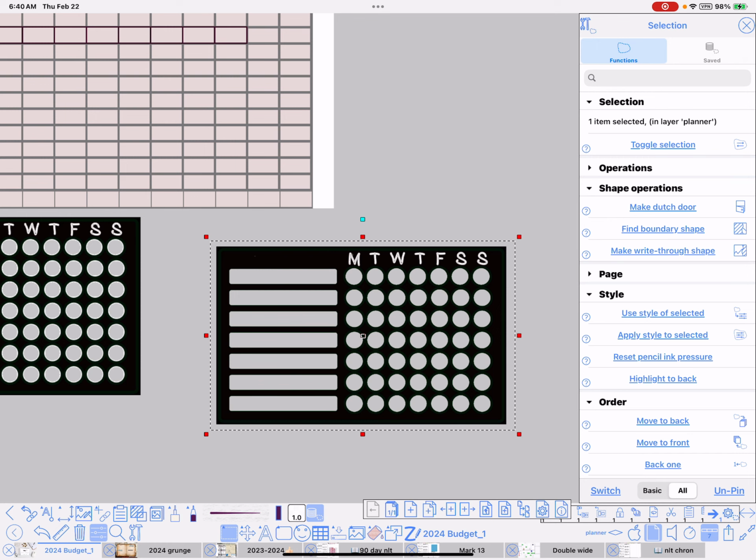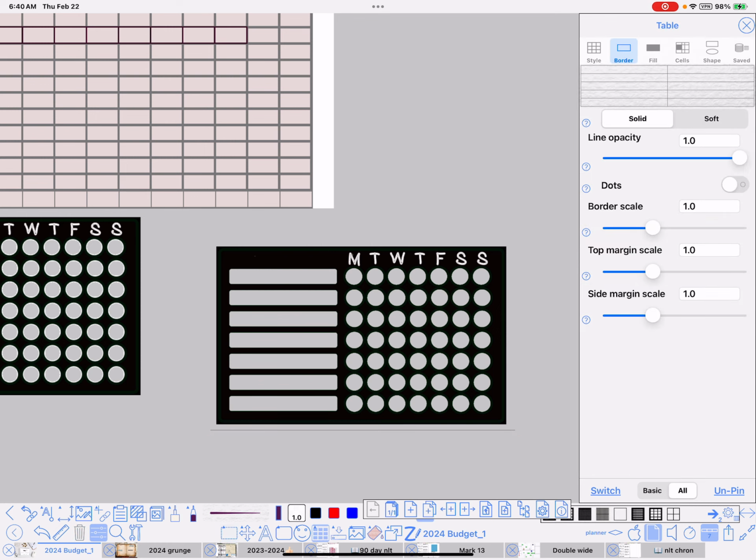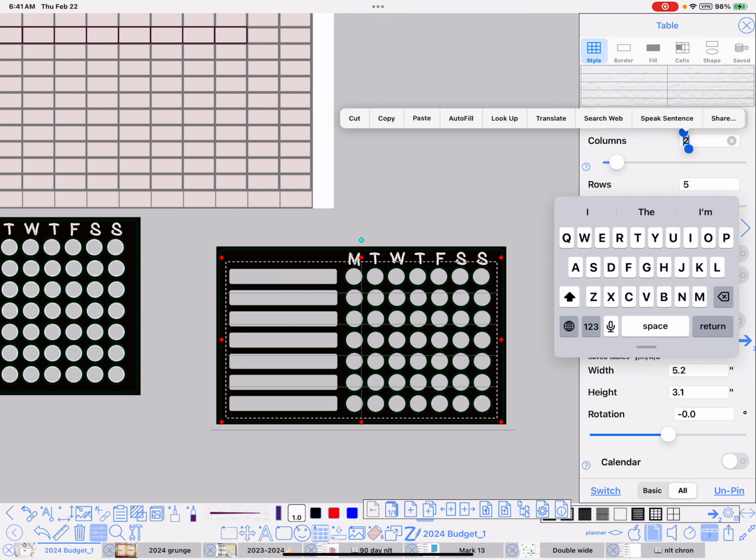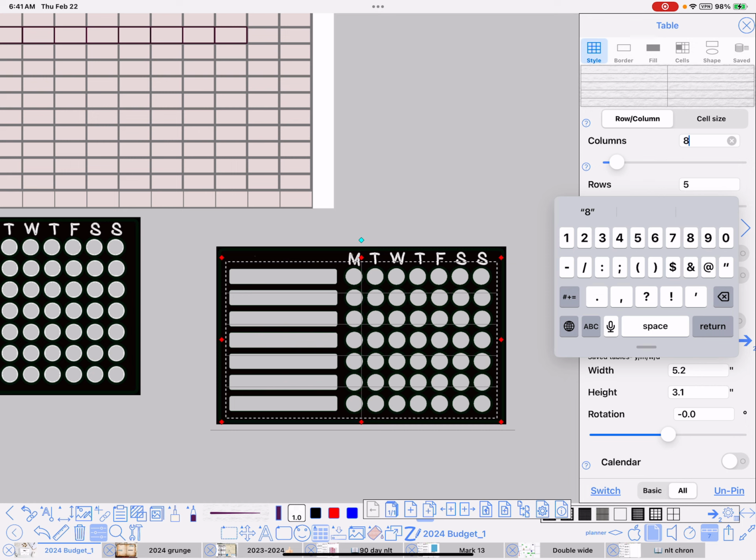Okay, so I go ahead and I create a table, and I put it the size of the tracker, and it's got 7 days plus a field on the left, and it's got 1, 2, 3, 4, 5, 6, 7. So it's 7 by 7. So I need to go to the style, change it to, well, 8 columns. It's 8 by 7. So I just go here and do 8 columns and 7 rows